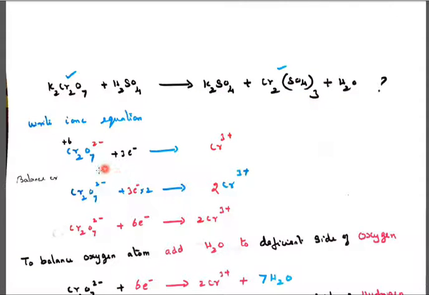After taking this Cr2O7 2 minus, find the oxidation state of chromium here. It is 7 into minus 2, the oxygen valency. 14 minus 2 divided by 2 gives you 6 for 1 chromium. Even here, for 1 chromium it is 3 plus. Find the difference. This is a reduction reaction because this plus 6 is reduced to plus 3. So the electrons should be gained. You see the difference between these two.